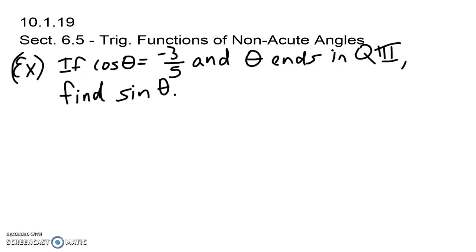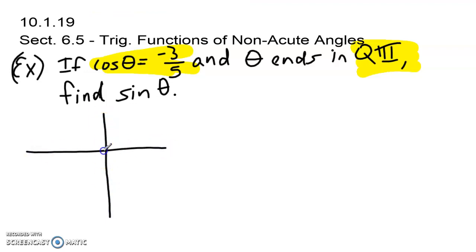Okay, so in this section, one of the parts is that we're going to be given a trig function value and then what quadrant the terminal side is in for that angle, and then we need to find another trig value for that angle. So first step is to identify a couple of key points. The first one is that here's what we know, cosine is that, and then we know that we're talking about a quadrant 3 angle. So I'm going to draw a quadrant 3 angle, well, actually triangle,